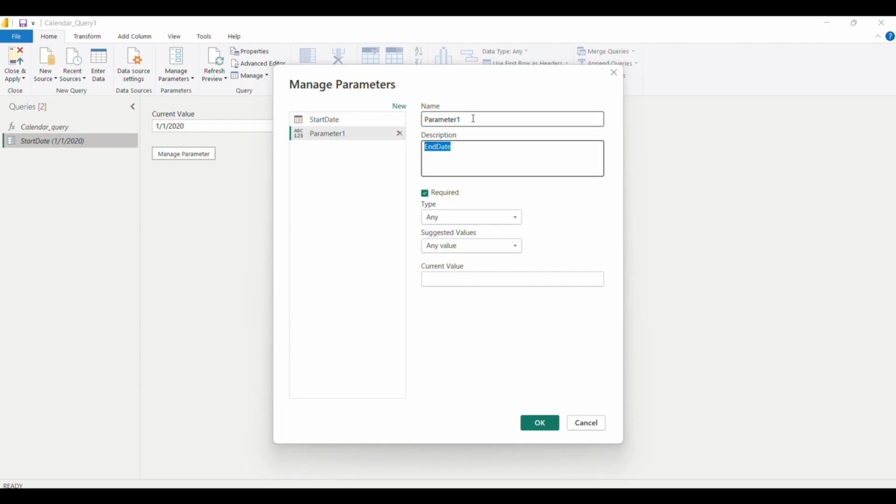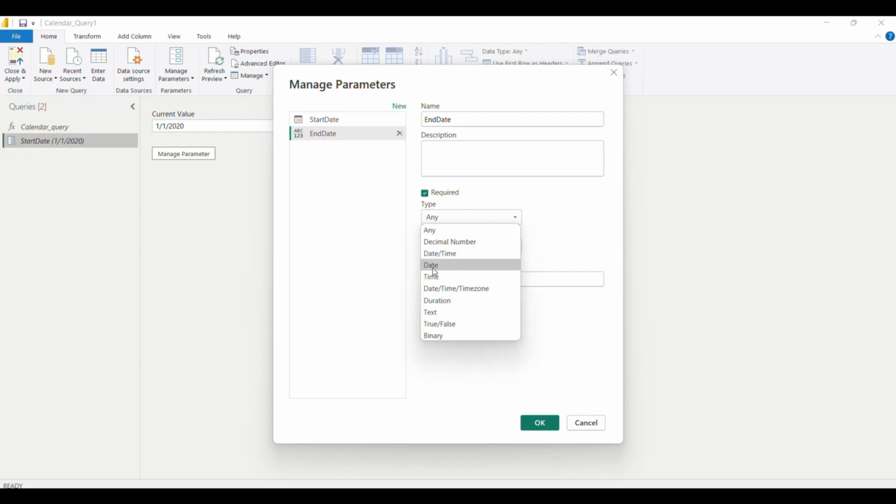not here. We'll choose date, and for end date we'll say 2024 December. So we will write December, like 12th the month, the date 31 the end, and 2024. If I write first the date 31 and then the month, it will not work, so you have to type first the month, click OK,